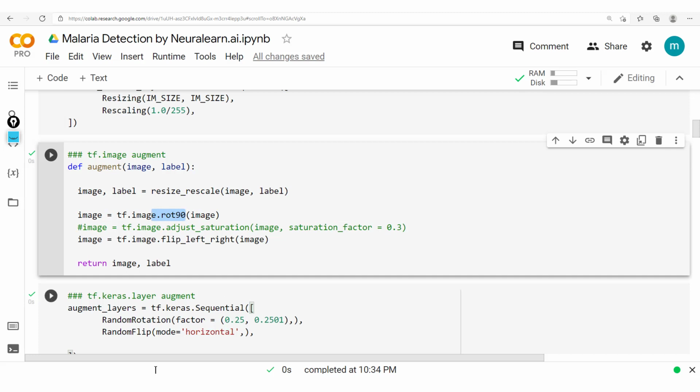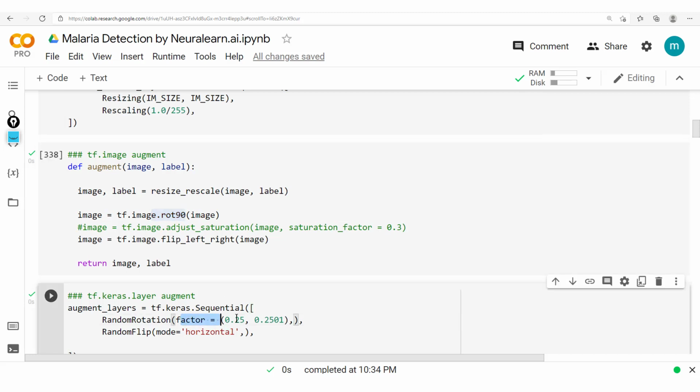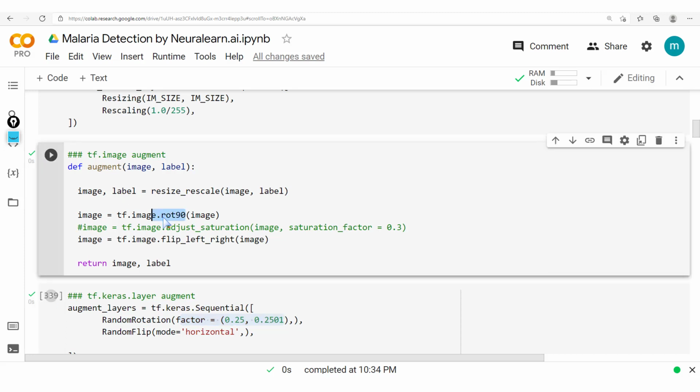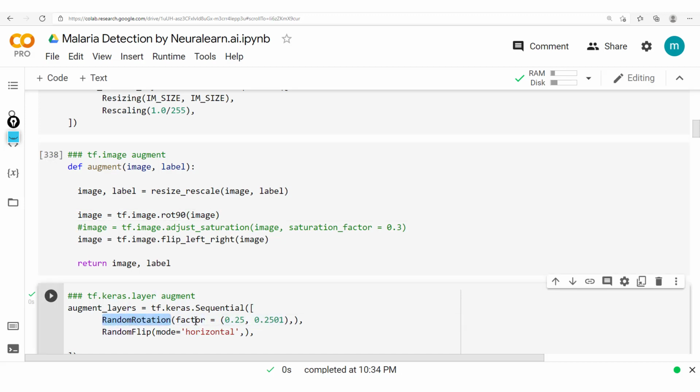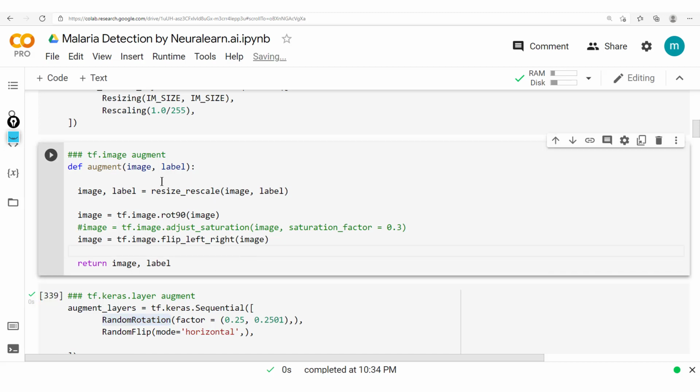And when we wanted to work with these layers, we had to play around with this to give us that same rot90 effect. Now in order to create this rot90 Keras layer and not just use this random rotation, because it's not exactly this, we are going to define a class